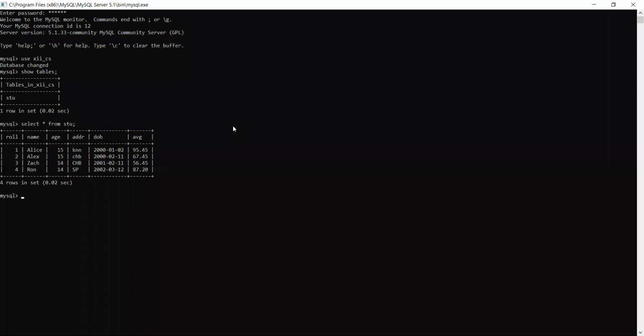For example, I'm going to insert the fifth record, but I don't know the average and the date of birth. So what I can do in that particular case, we will write something like this: insert into STU values. Those who have done practice will understand very quickly what I wanted to say. Then after this, we give the name, suppose Hannah, and then the address. Suppose I'm writing here MHB. Then after that, I don't know the date of birth and I don't know the average. Now there are two things.